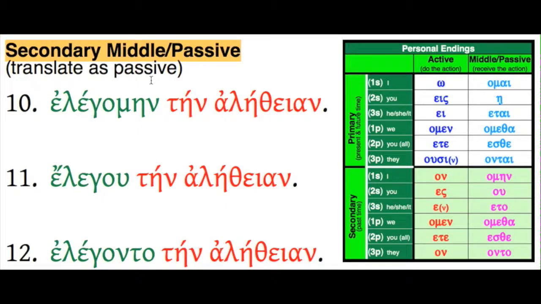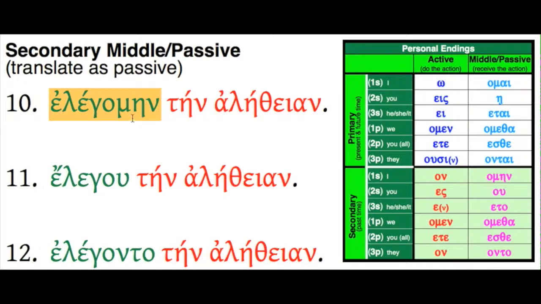Okay, our secondary middle passive endings. Let's remember, these are amen, u, eto, ametha, esthe, anto. Remember secondary, so it's past time. Middle passive, and we'll go passive, so the action is happening to me. So we have to maybe think this through a little bit. So what does elegomein tein aletheon mean? The subject is I, so I